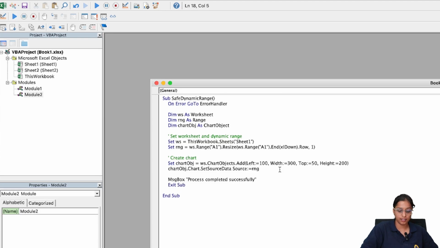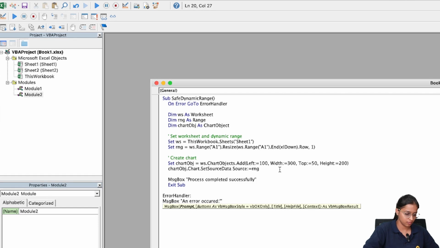Now we'll write an error handler. In our error handler, we'll give a message box. And we want our error description as well.